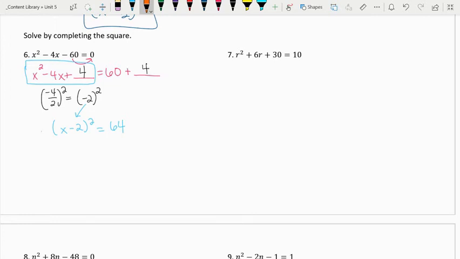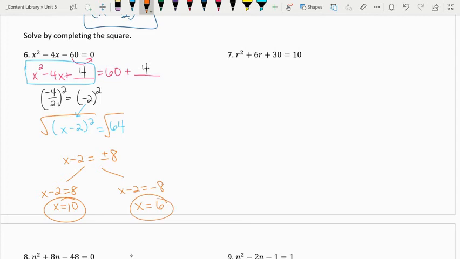To cancel a squared, I would square root. So we're left with x minus 2 equals 8, but do not forget plus or minus. Okay? It could be positive or negative 8. So the last step is to split it into two equations, where we have x minus 2 equals 8 and x minus 2 equals negative 8. So over here, if you add 2, you get 10. Over here, if you add 2, you get negative